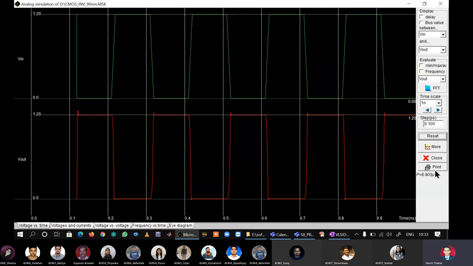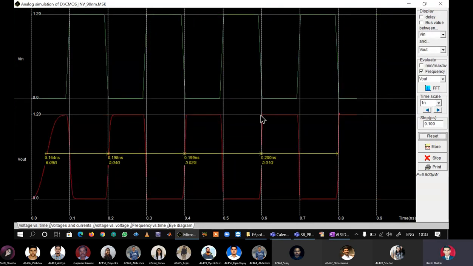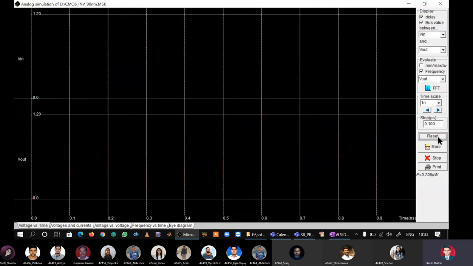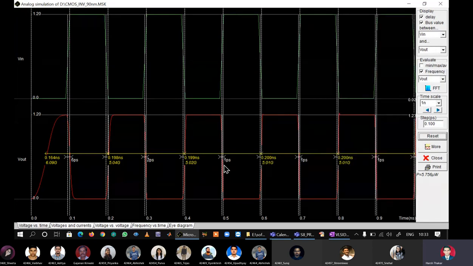Now, my input is at 5 gigahertz. How do I come to know? You just click frequency here and say reset. And we see that my output waveform is running at 5.02 gigahertz. There are also delay and burst values, so we can get the rise time and fall time here. We see clearly, students, that after some cycles my rise time is 3 picoseconds and my fall time is 1 picosecond. This is actually a drawback or a flaw in the design.